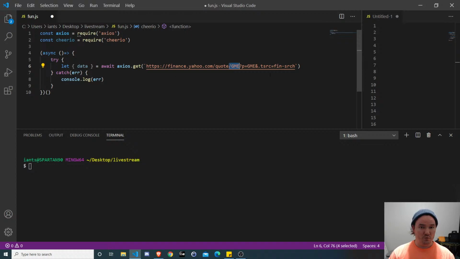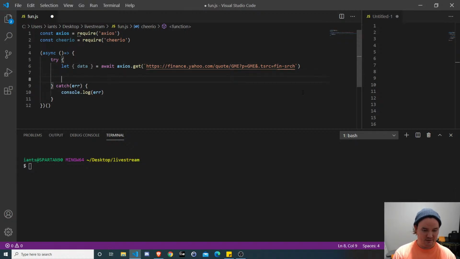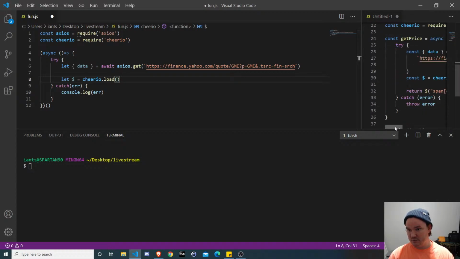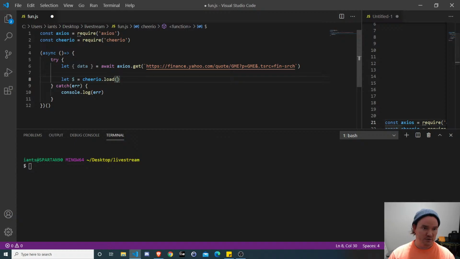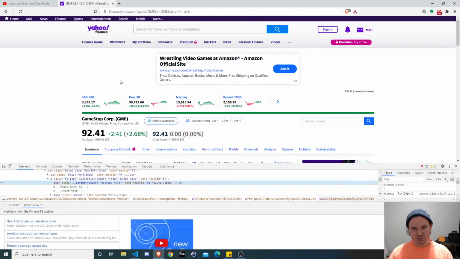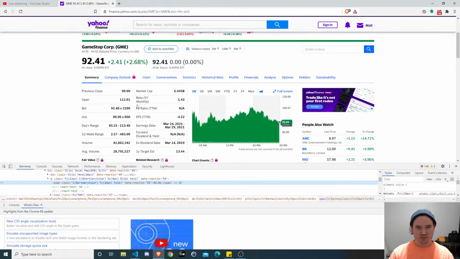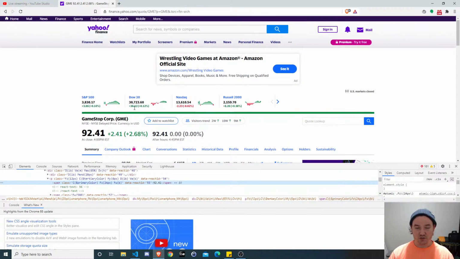Okay. So we're getting this data, and then we're going to say, I think it's let $ equal to Cheerio dot load or something like that. Let's check the syntax here. Cool, we're on track. Cheerio is what gives you the ability to do the web scraping. Basically, Cheerio creates a rendition of the page that allows you to parse through it using jQuery type syntax.